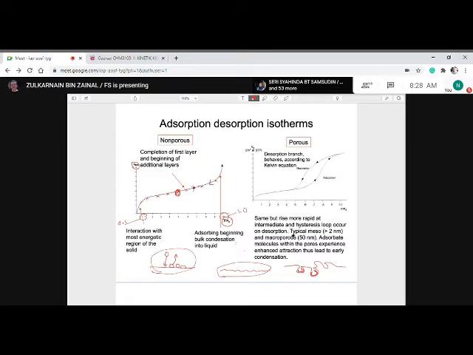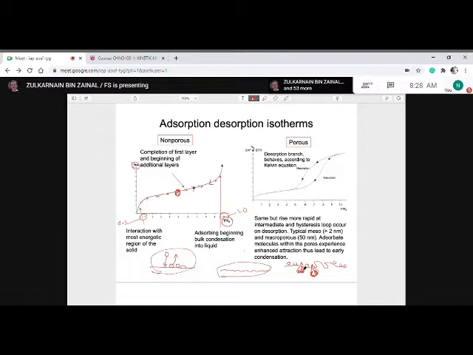But if you have pores, a different situation will occur where the adsorption will not only occur on the surface, on the non-porous surface, but it can also occur inside the pores, right? So if the adsorption occurs inside the pores, the adsorbate that has been adsorbed inside the pores is quite difficult for them to be taken out from the pores. Quite difficult for them to be taken out from the pores, and to take out this adsorbate from the pore,